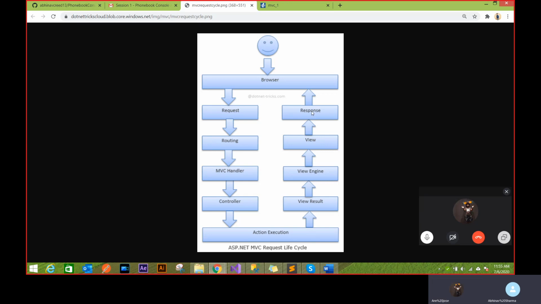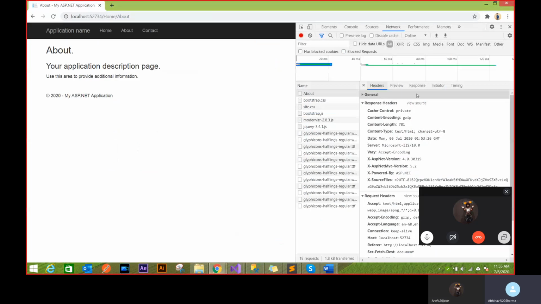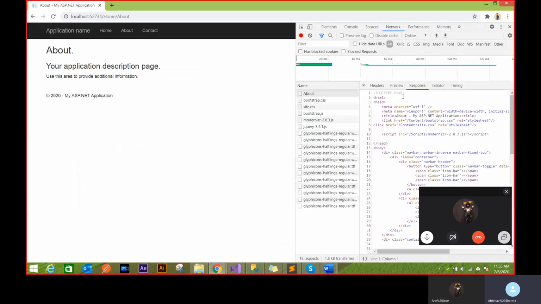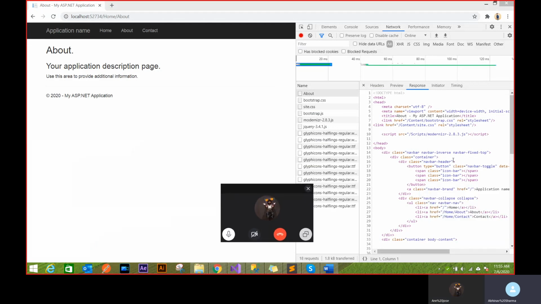So you saw the request, you saw the response with this HTML. But you will see that this is written very differently in a view. You won't see direct HTML in the view. You'll see a different way of writing this HTML. Because I'm writing HTML somewhere in MVC, it's not a single page application. Second, I'm not relying a lot on JavaScript or HTML now; I'm more on the C sharp side.